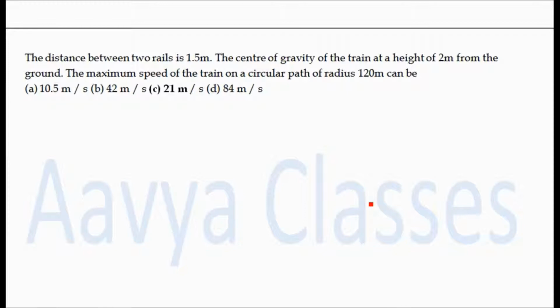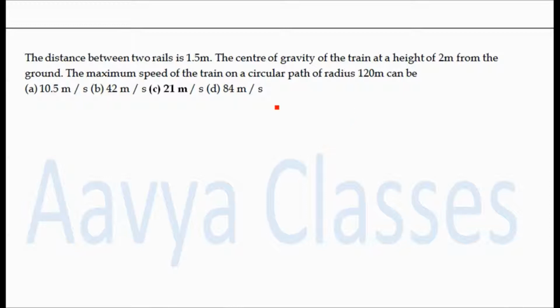Now we will learn the next problem. The distance between two rails is 1.5 meter. The center of gravity of the train is at a height of 2 meters from the ground. The maximum speed of the train on a circular path of radius 120 meter can be given by. As we have already learned, when a body moves in a circular path, and if the center of gravity is at height h from the flat road, and if the distance between rails is equal to 2a,